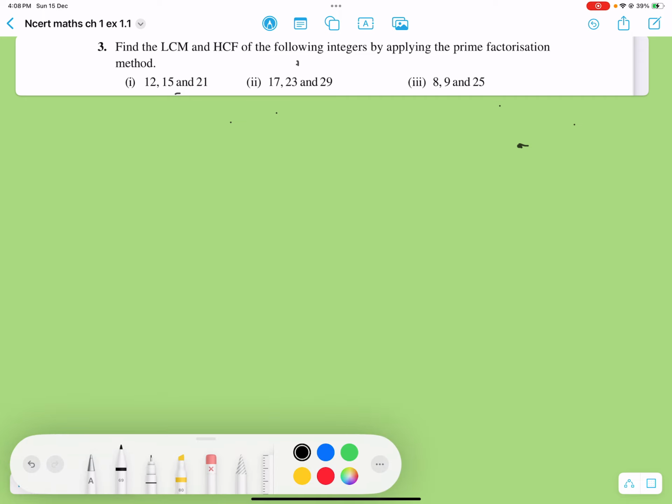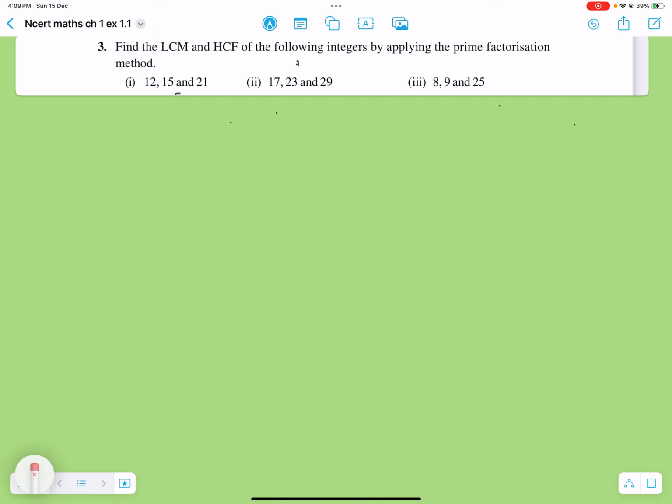And the next question says, find the LCM and HCF of the following integers using the prime factorization method, right? So the formula that we have just used says the product of the numbers itself is equal to the product of LCM and HCF, but that is applicable only for 2 numbers, not more than 2 numbers. Now we will calculate LCM and HCF